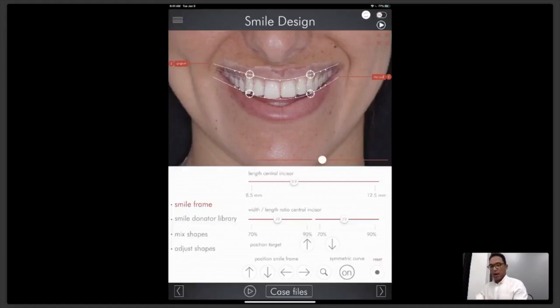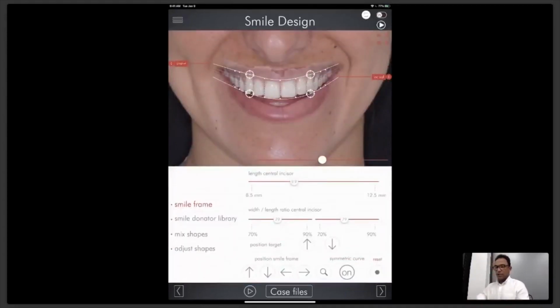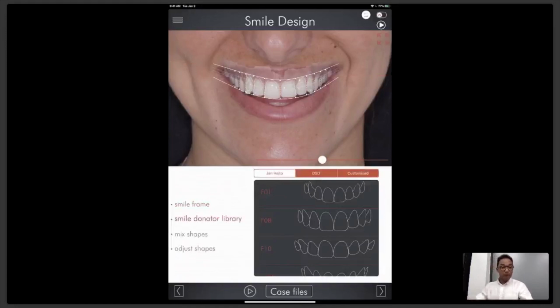So as you can see, I'm now setting the proportions based on a facial analysis. What we use here is the red proportion, and we will be covering all these proportions in another webinar. So for now, let's determine this myoframe. Once you determine this myoframe,